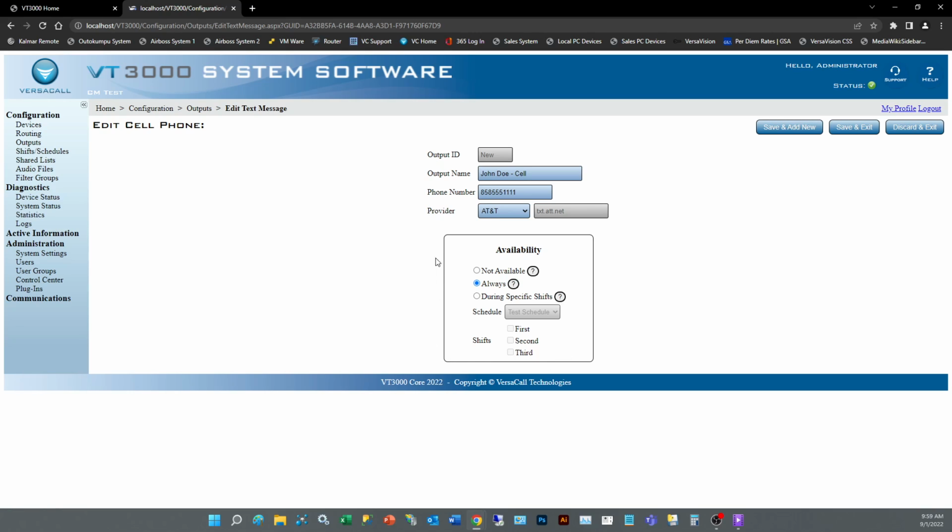Here's where I'm going to select when I want to send messages to this cell phone for this person. So availability, not available, that would be if they're on vacation. You can select that and it's not going to send any notifications to them anytime. Always, so this is going to send communications 24/7 every day of the week. It's not going to stop until that alarm is acknowledged. During a specific shift, so if he only works first shift, we would just select that. He's only going to get text messages in that time frame of first shift for this specific schedule. So you can select the schedule that